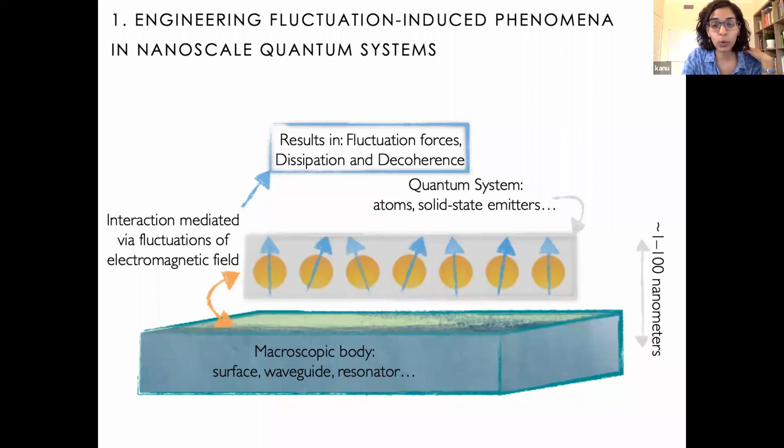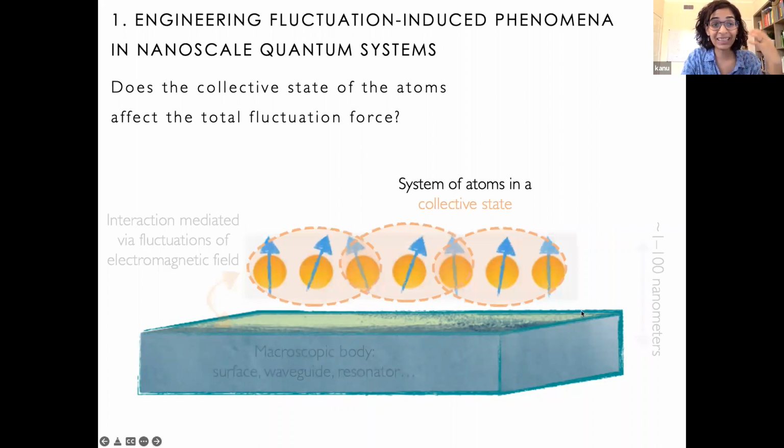Okay, so I'll first discuss some general ways to tailor and control these fluctuation-induced phenomena. And as a specific example, I'll talk about using collective effects between these multiple emitters in a collection of emitters to modify fluctuation forces. Okay. All right, and